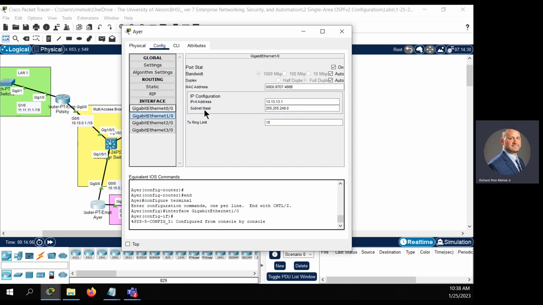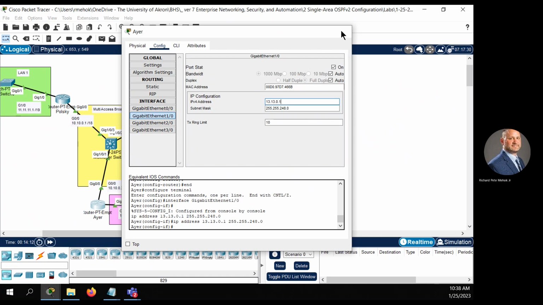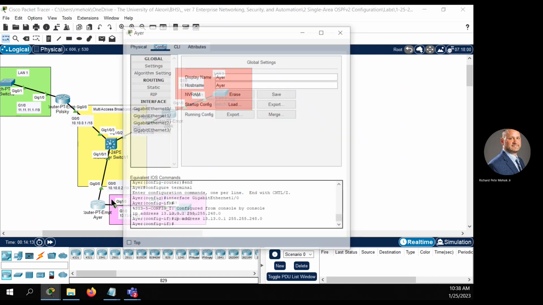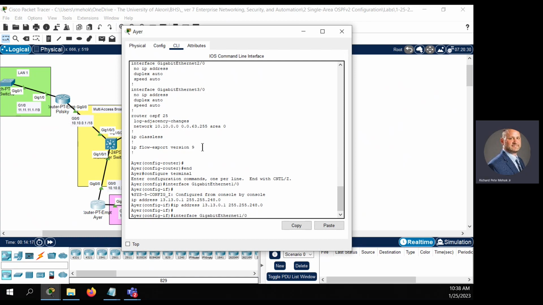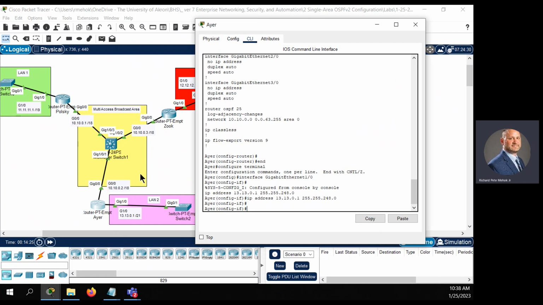I could change the wildcard mask, but I'd rather just do this. So now if I do the correct interface, so we need to add router ospf,